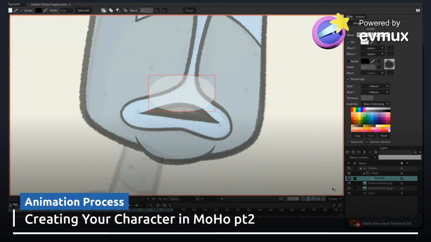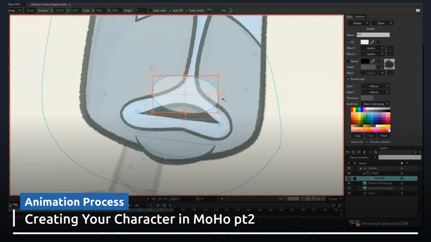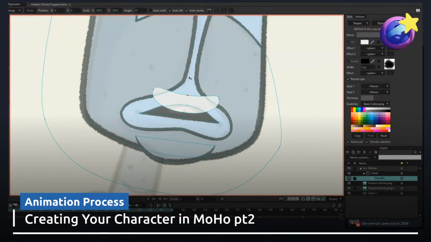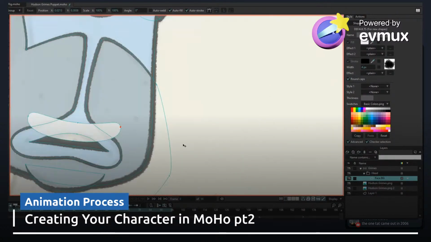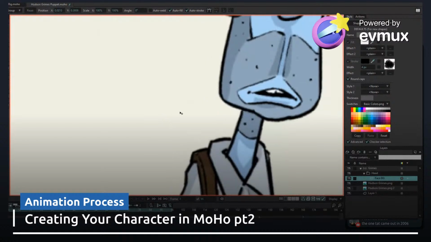All right. Come to my adjust points tool, turn it like so. All right. And then I'm going to take this, move it down like here. I'm going to bring this up, and you'll see what I'm doing in a minute. All right. So now, if you see in the drawing, he's kind of got these buck teeth.